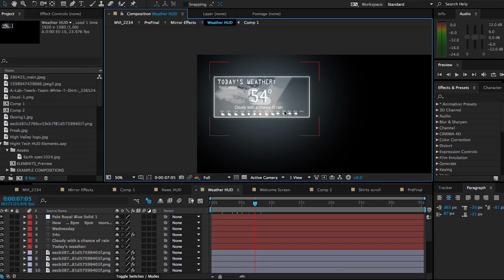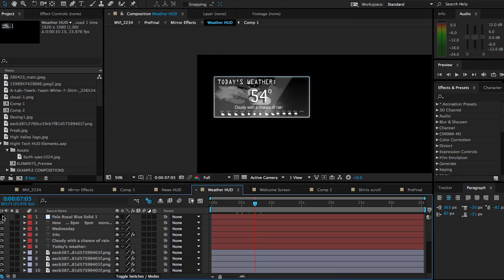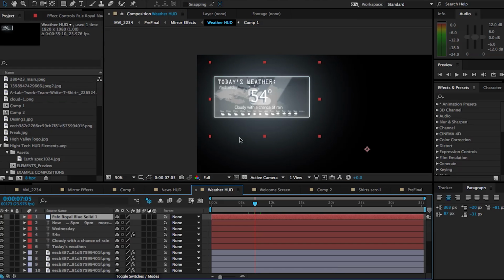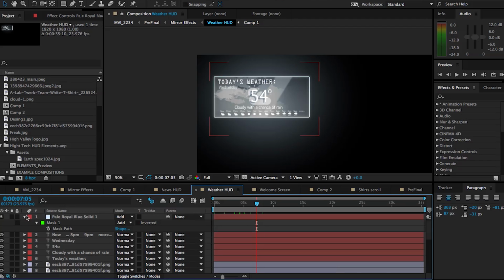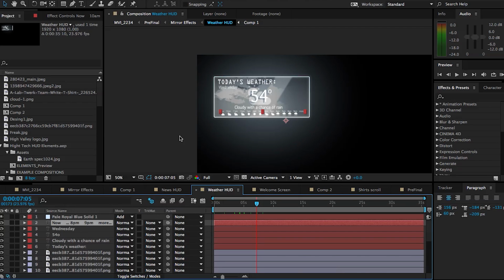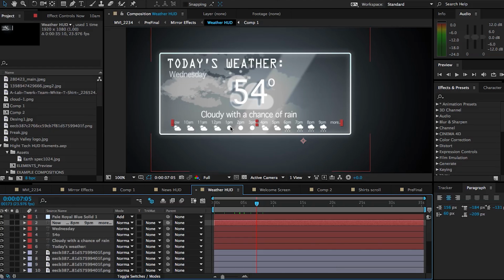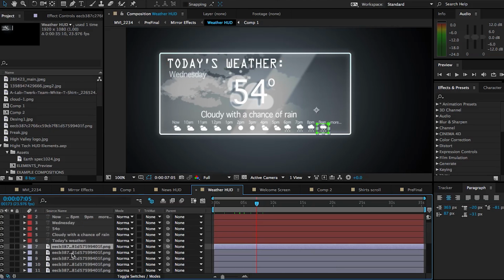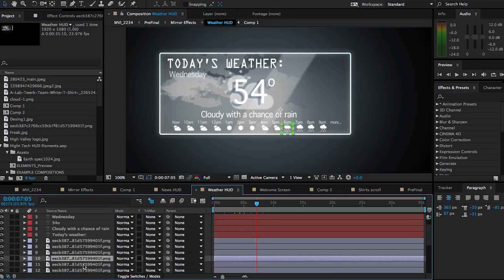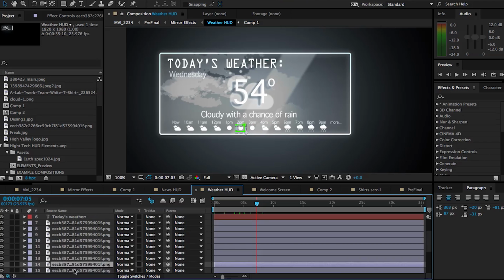But anyways, as you can see here, to give it this nice little glow effect, I just created a circular mask over a bluish solid and set it to add, and then the rest of it is just adding as much detail as you can without cluttering it up. So there's a bunch of text layers, and I also found these cool weather icons online. I divided them up for every hour of the day, and then we have the bigger